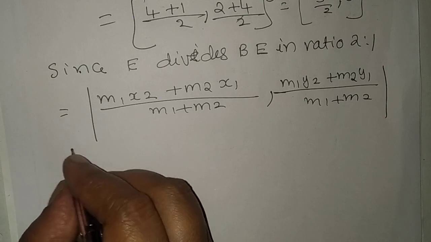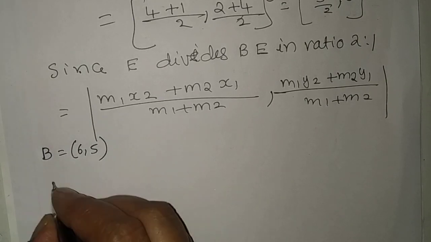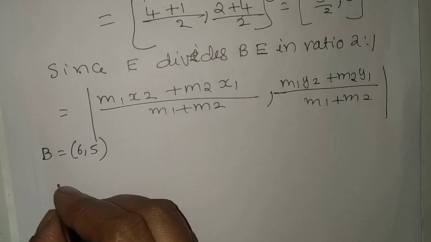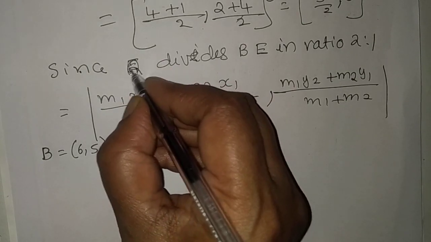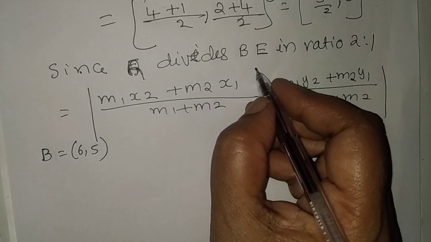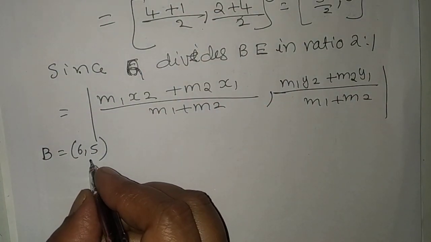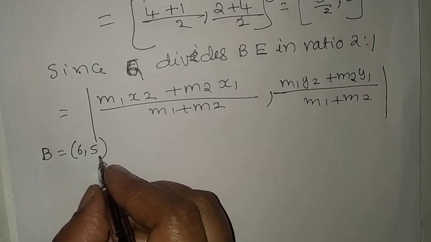Now B is (6, 5), and E we have to find out. I made a mistake. Q we have to take here. Q divides BE. So therefore the coordinates of Q is,